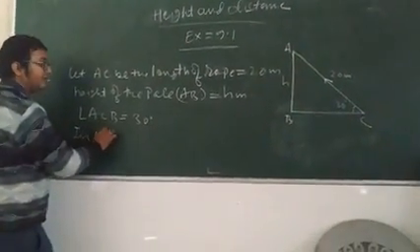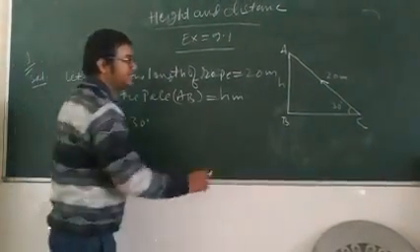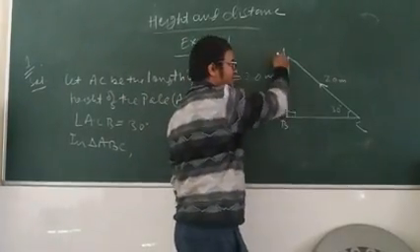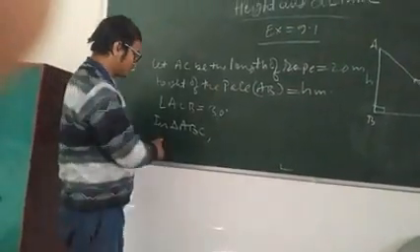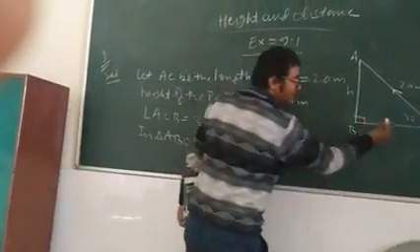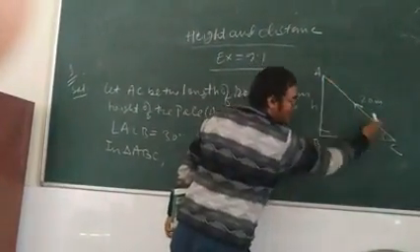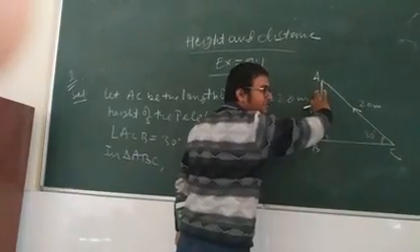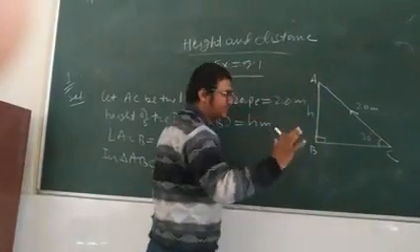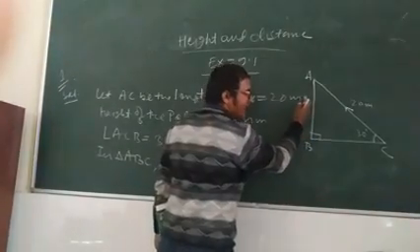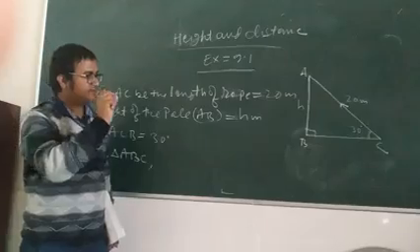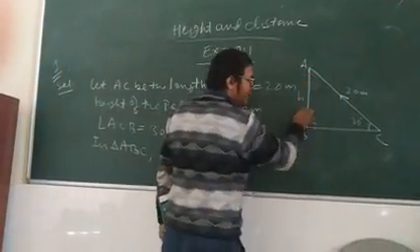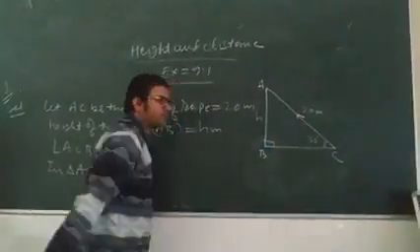So now you see in triangle ABC. See, this is always a right angle triangle because this is height and this is base. So always you have to draw a right angle triangle. So in triangle ABC, see this angle is given, hypotenuse is given, and perpendicular is needed. It means that in trigonometric ratios, the relation between height and hypotenuse, which ratio is that? Perpendicular by hypotenuse. So in this case we have to use sine.